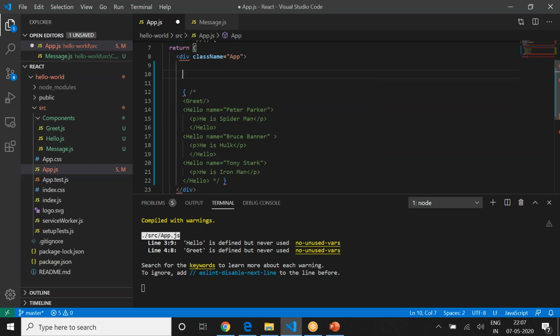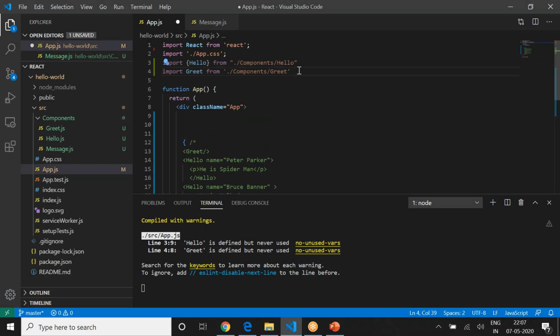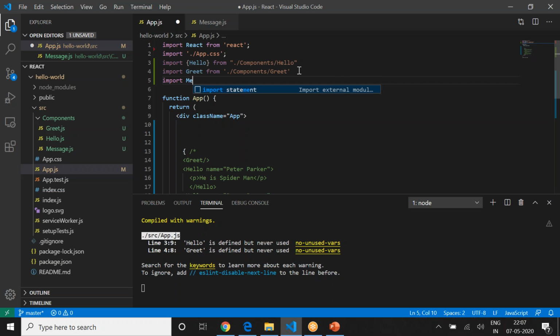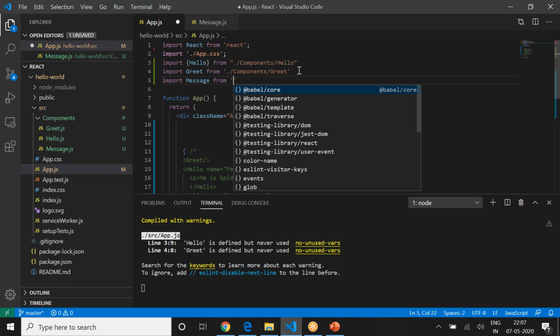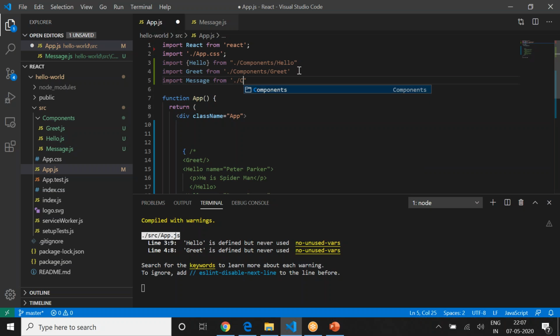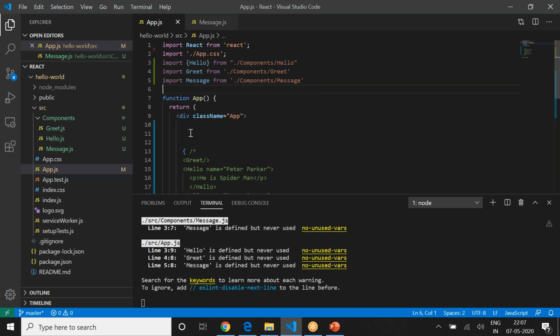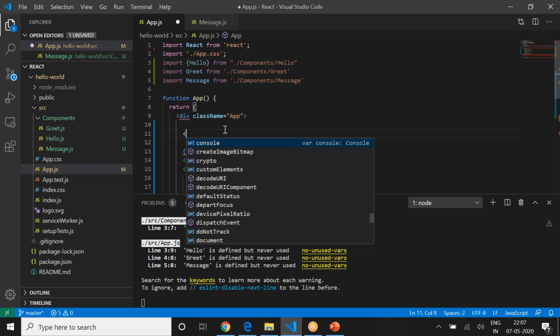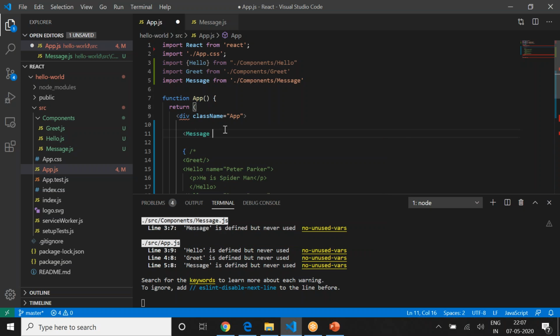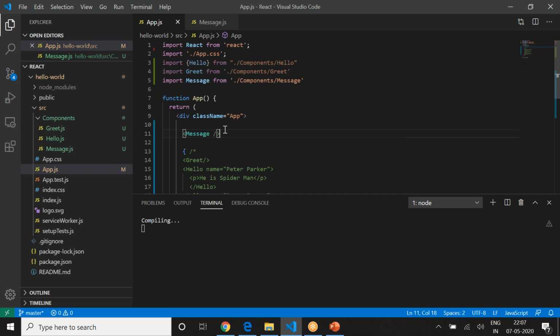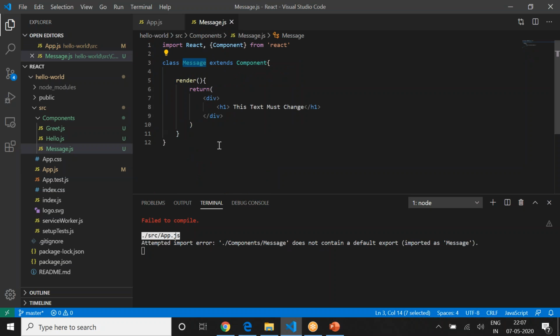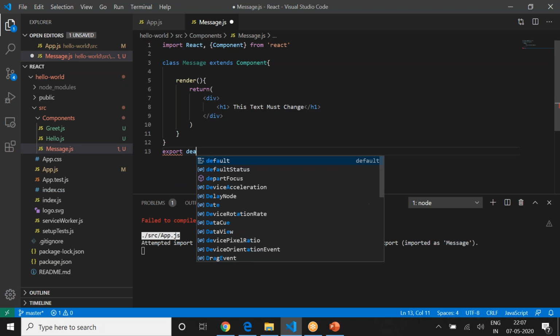Now first thing is, if I want to use that, I have to include that here. So import message from './component/message'. You included that class, and then you say message here. Close that tag, and it's available for you. The compilation fails: it does not contain the default export. So what did you miss? Export. As soon as you create something, you export that. Export default